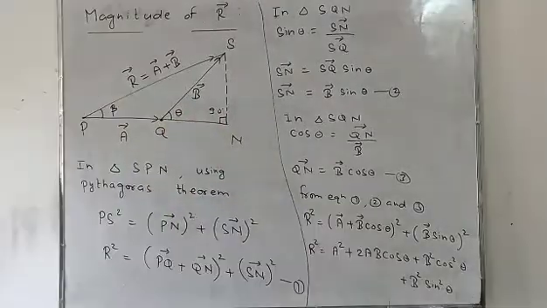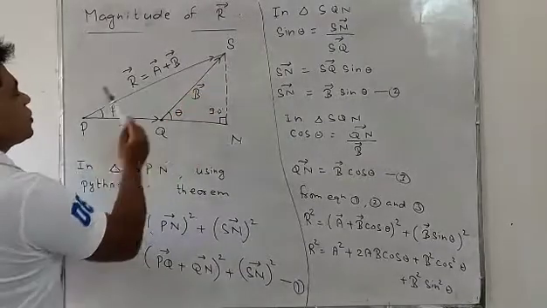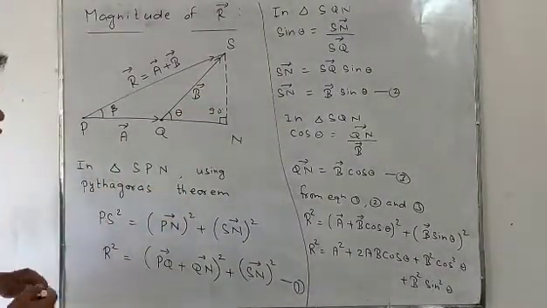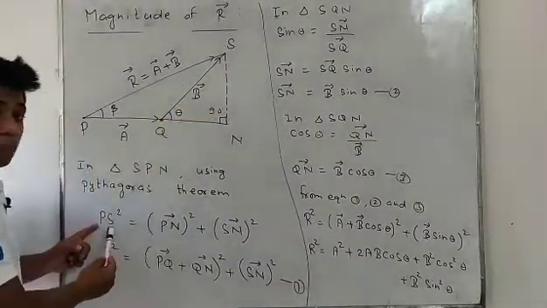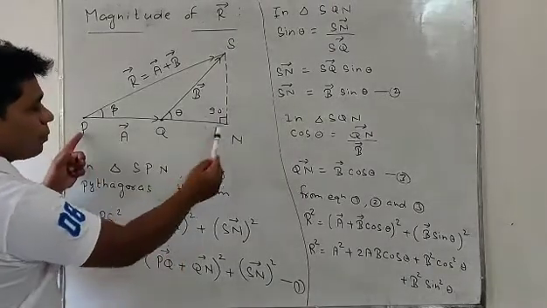Now, students, in triangle SPN, using Pythagoras theorem, PS square, hypotenuse square, is equal to the sum of PN